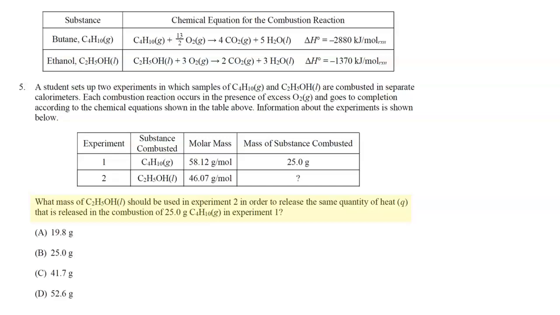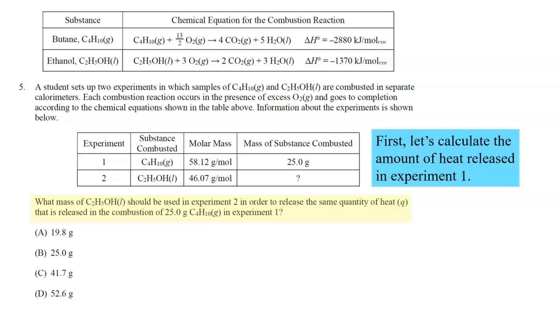What mass of ethanol should be used in experiment 2 in order to release the same quantity of heat, Q, that is released in the combustion of 25.0 grams of butane in experiment 1? So to begin this problem, let's calculate the amount of heat released from the combustion of 25.0 grams of butane in experiment 1. So we'll start with 25.0 grams of C4H10,